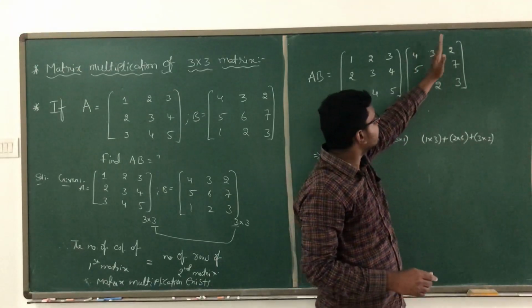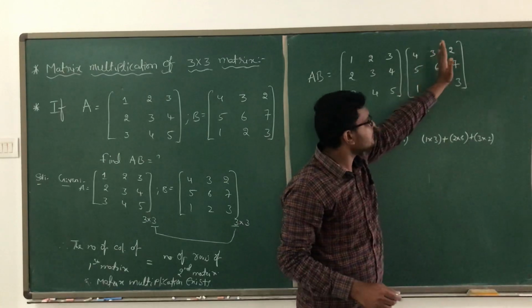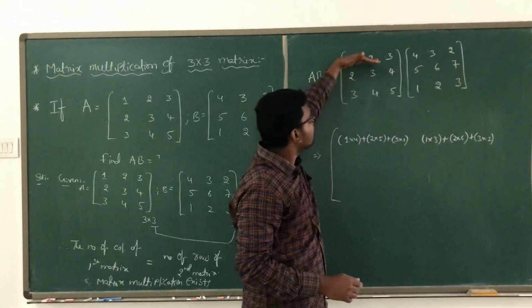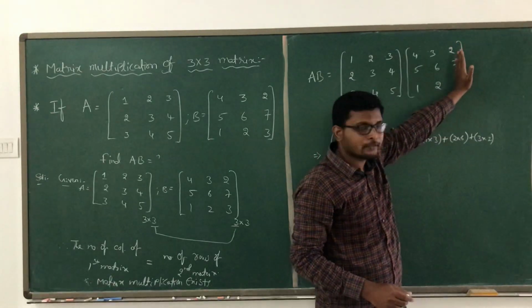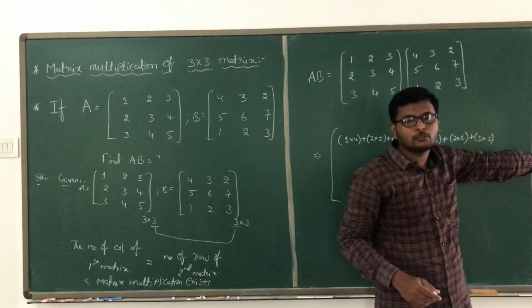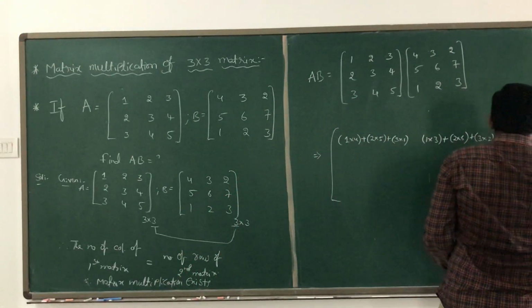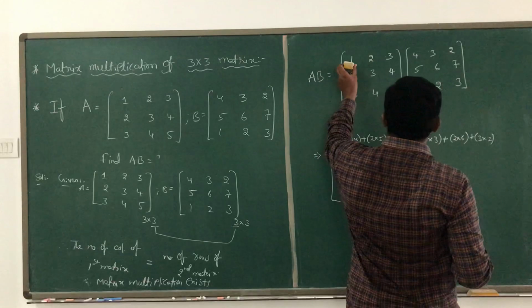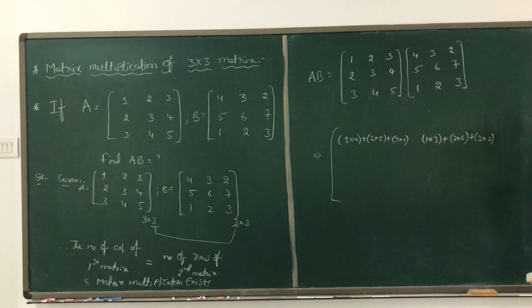Now we are moving to the third column. We are done with the first and second columns. Now we are moving to the first row with the third column. As we are moving to the third column, here also you have to move to the third column. Clear? Now see here, first row with the third column. What are you getting?